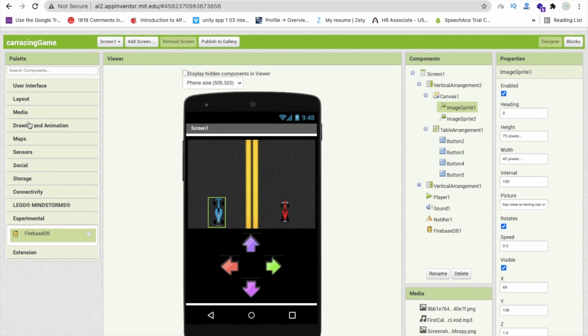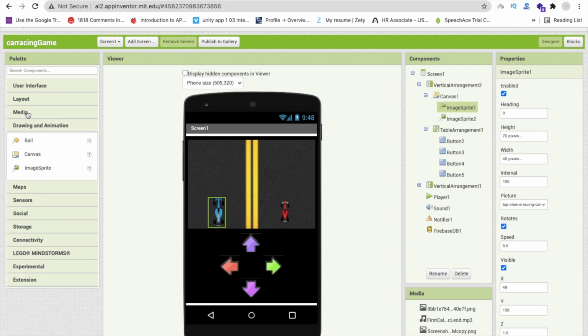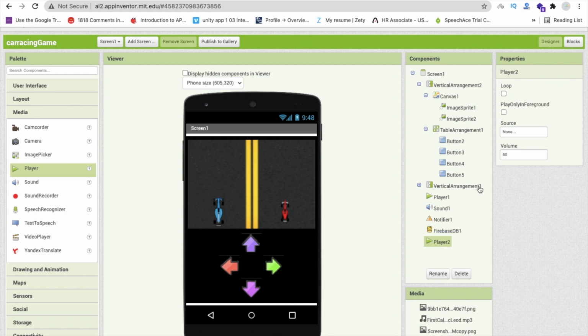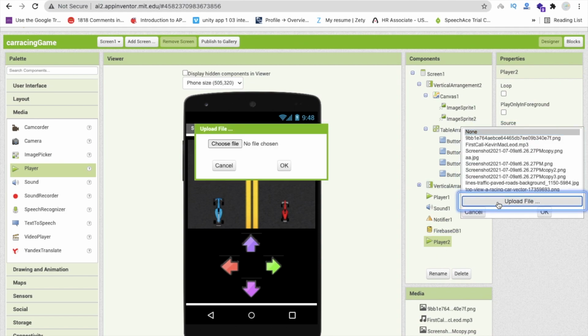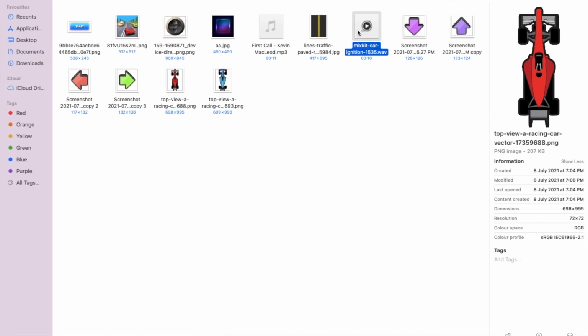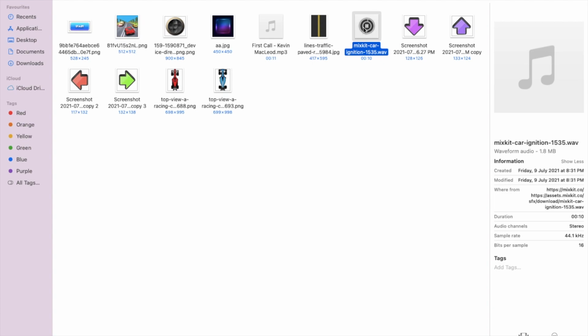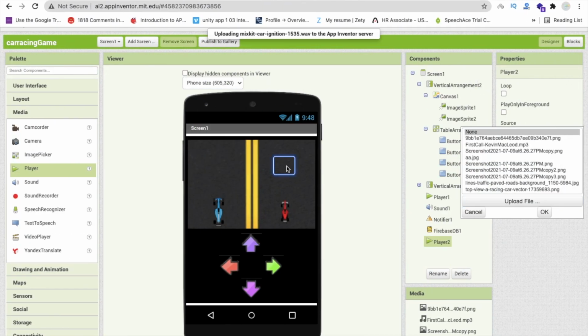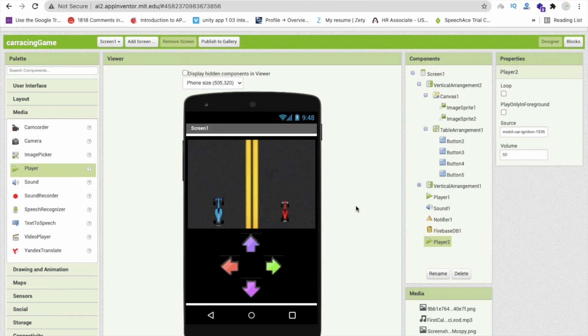So I'm going to use one player again, the media player, this one, and in that player 2 I'm going to use one more file here, and that one is the car sound, this one. So I'm going to use this car sound here. So we have completed the overall design of our game. Okay, so the first screen, that's the second screen, and that's the notifier.